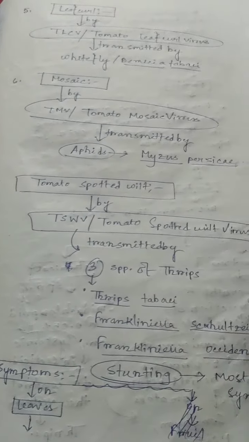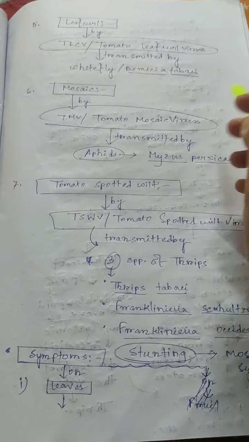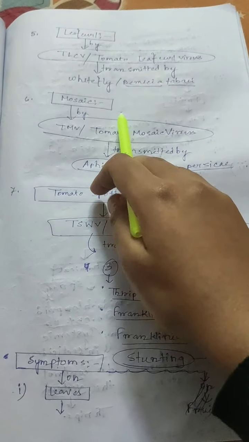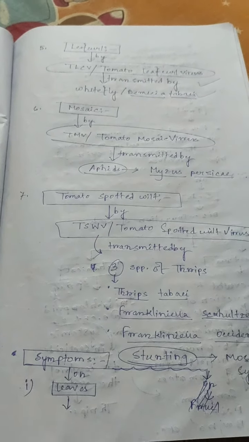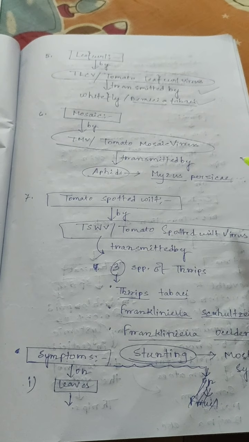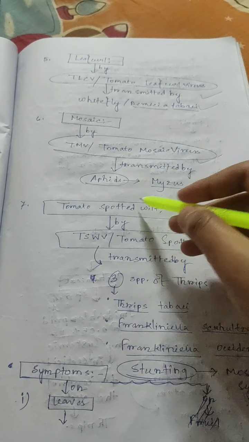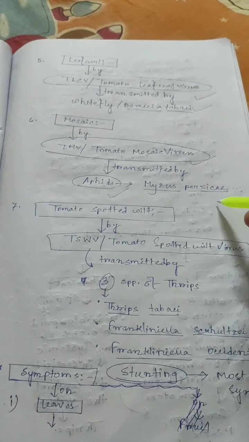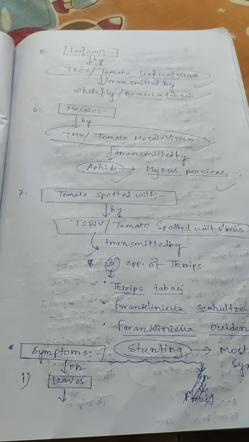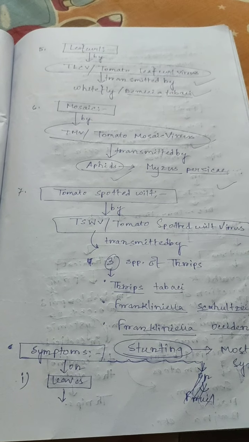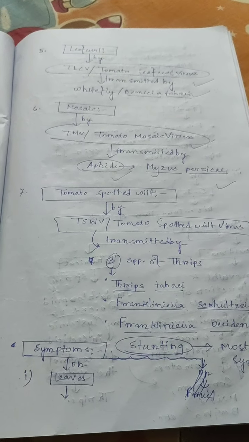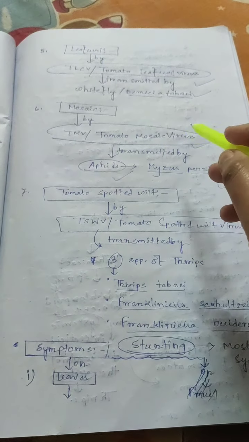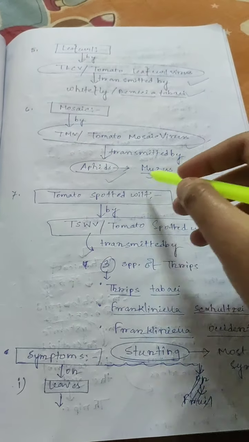Leaf curl of tomato is caused by TLCV, tomato leaf curl virus, which is transmitted by the whitefly Bemisia tabaci. Mosaic, TMV, tobacco mosaic virus, is transmitted by the aphid Myzus persicae. So two types of viruses are there. First is leaf curl virus. Tomato leaf curl virus is transmitted by the whitefly Bemisia tabaci, and tomato mosaic virus is transmitted by aphids,